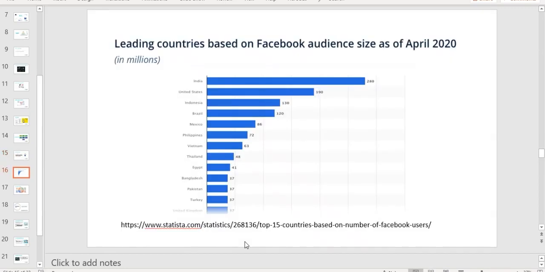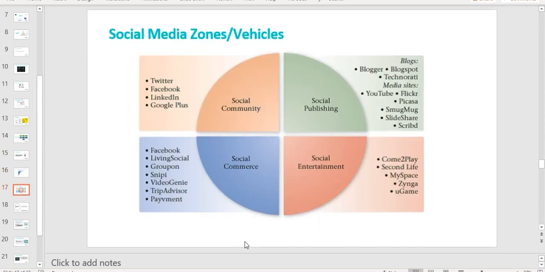So on the next slide, Jai, if you can just put it up, I brought these little statistics for you. Again, I'm sure that Alessandro will be talking a bit more about Facebook and Facebook advertising and so on. But it's fascinating to see how many active users we have in each country in millions. So, for example, the leading country is India. We have 280 million active users on Facebook. So the question is, what do we do about it? Can we actually develop effective Facebook advertising to reach our target audience or not? So let's move on.